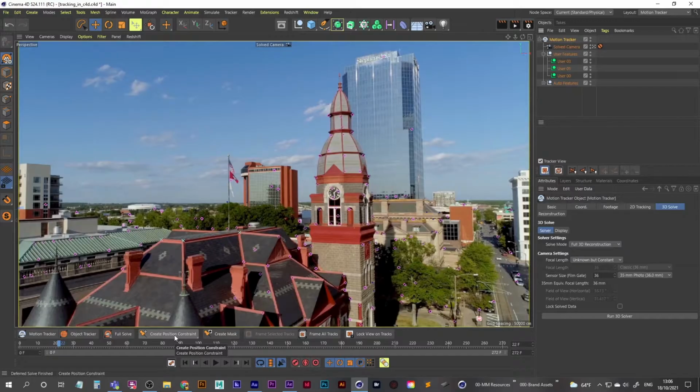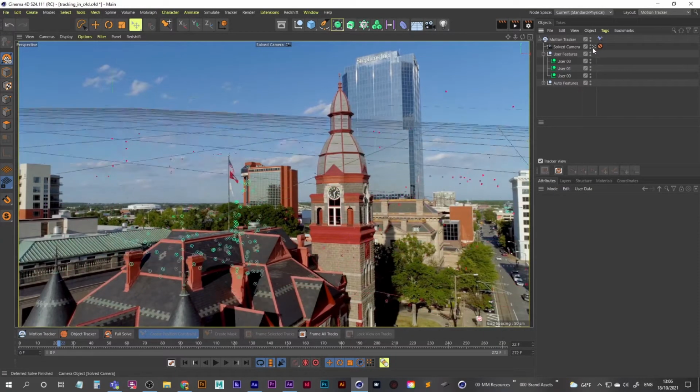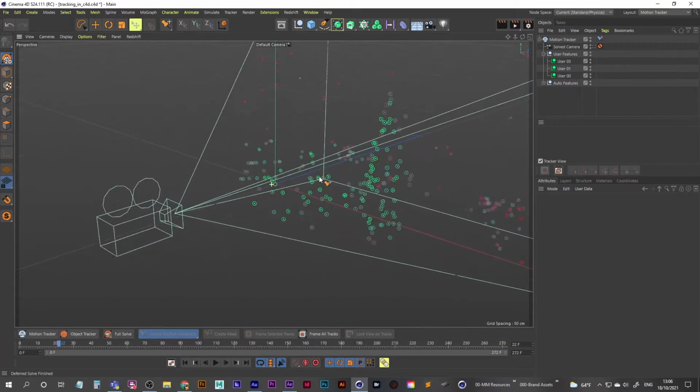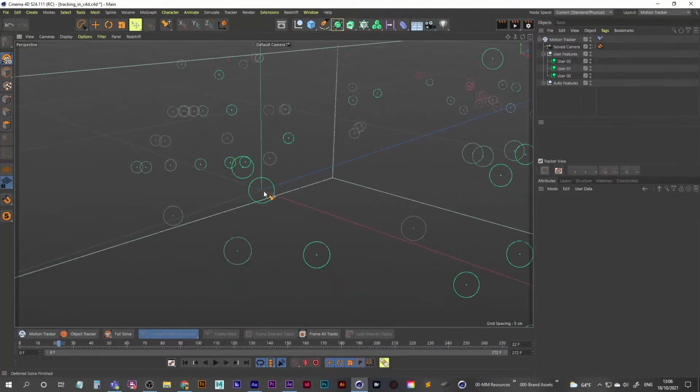That's going to set the world center at whatever track point we decide to set world center at. So if I just click on this, and I'm going to set world center to be at this point here. So now you can see we have world center set up. To give you a better idea, I'll just jump in. This is the point we just clicked on. It created this constraint here on our motion tracker object, position constraint, and world center is now set on that